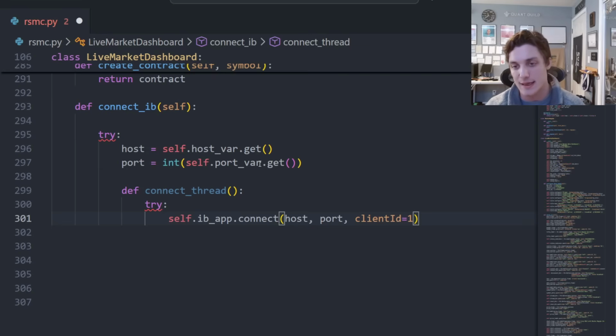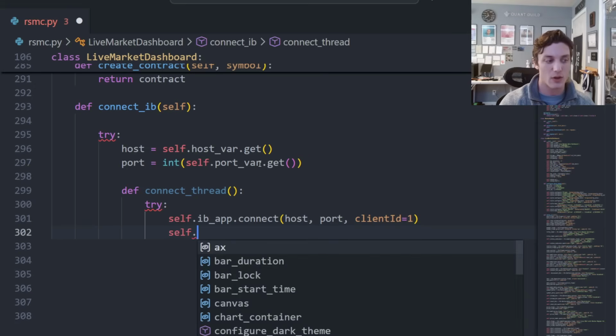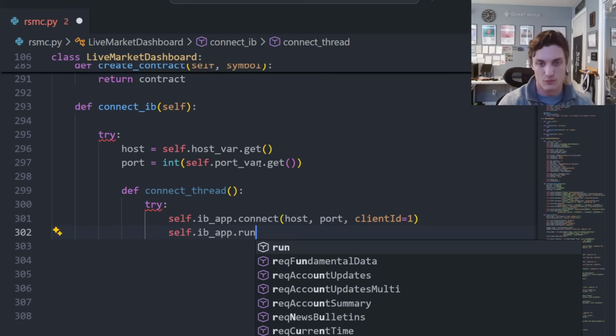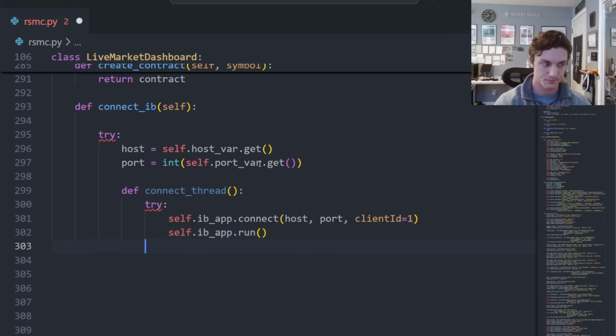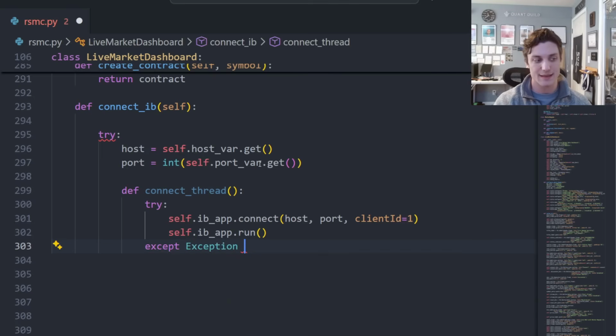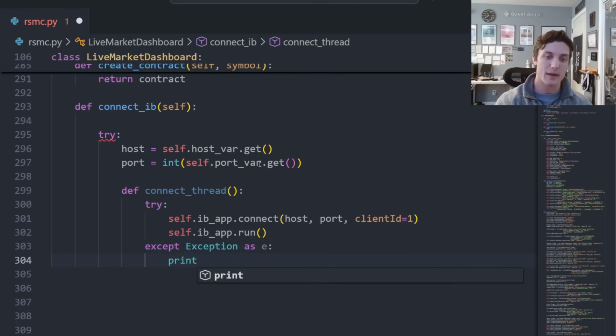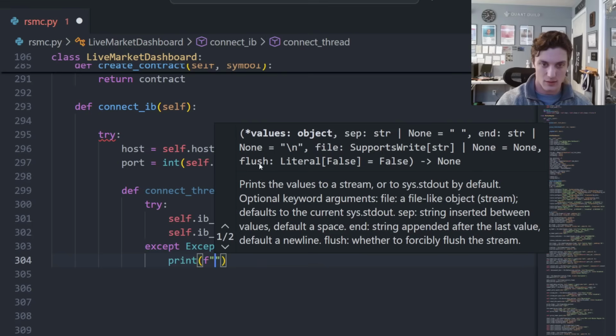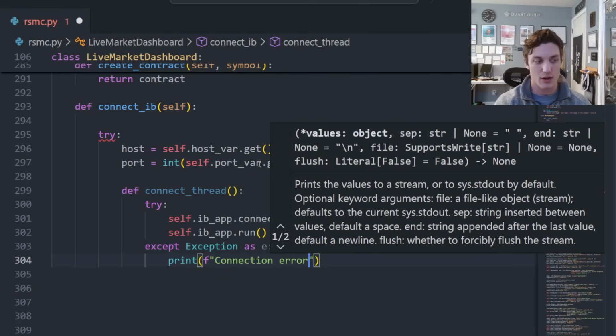I'm just going to use client ID 1 here. If you have multiple applications running, this can be particularly useful. But in any case, I will then call self.ibapp.run. I will accept an exception as E and then print the error that has been thrown